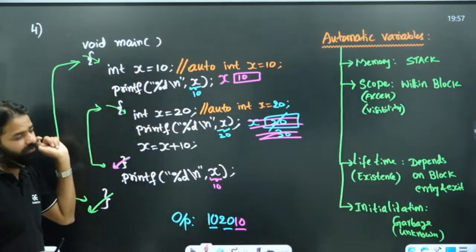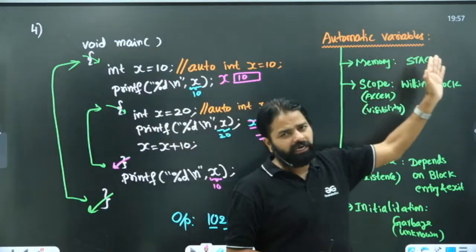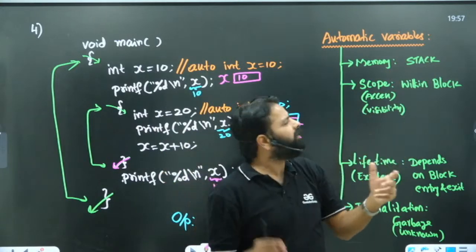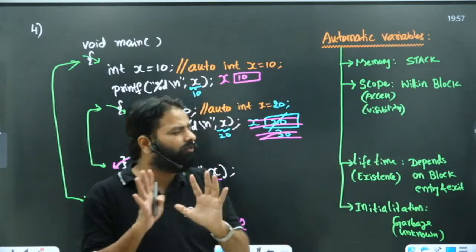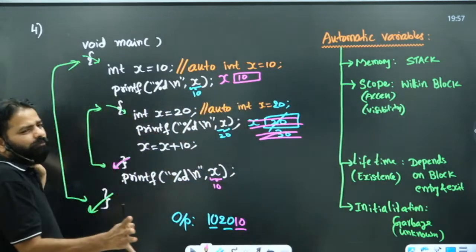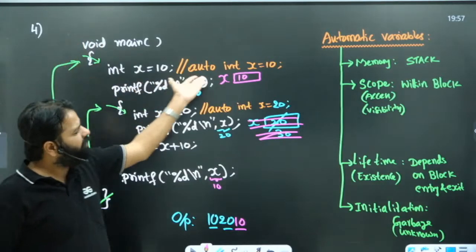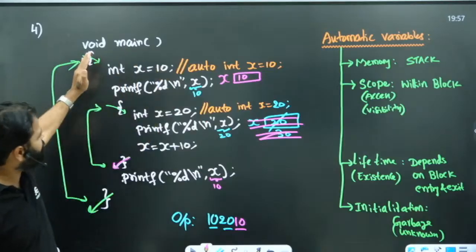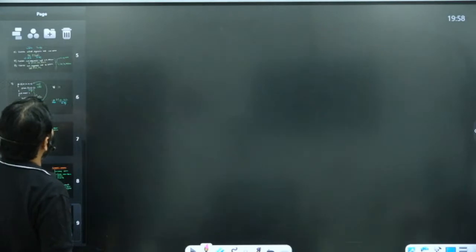The keyword is a must if you want a register variable, but the memory can be register or stack. If no register is free, then the system might use a stack rather than a register. That is internal, you don't worry about it, but everything else is the same. The only difference is you use the register keyword, and by default you can't call it register. You should use the register word. Okay, let's take a second example.